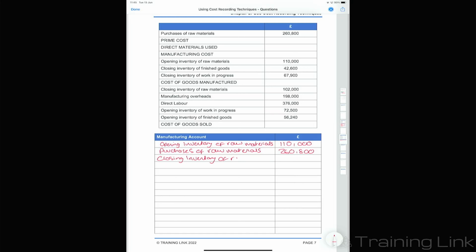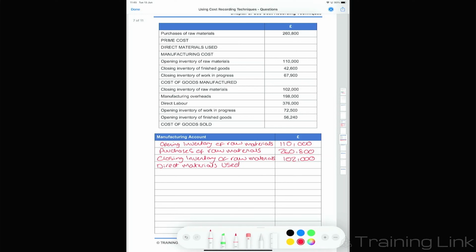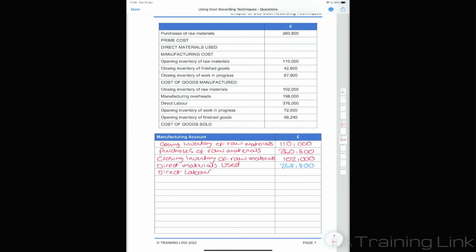inventory of raw materials as well. And that will be for the amount of 102,000. That then gives us our direct materials used. So total figure for that will be 268,800. Remember, we take our opening inventory plus purchases and then minus our closing inventory. Then we can include our direct labour, and that should be for an amount of 376,000, giving a total prime cost